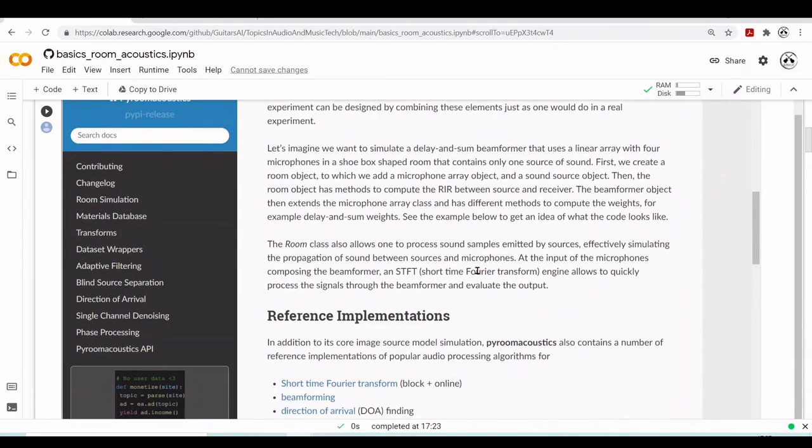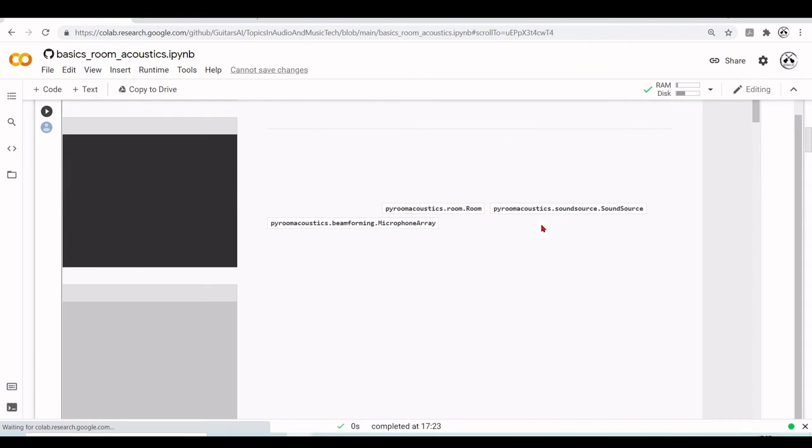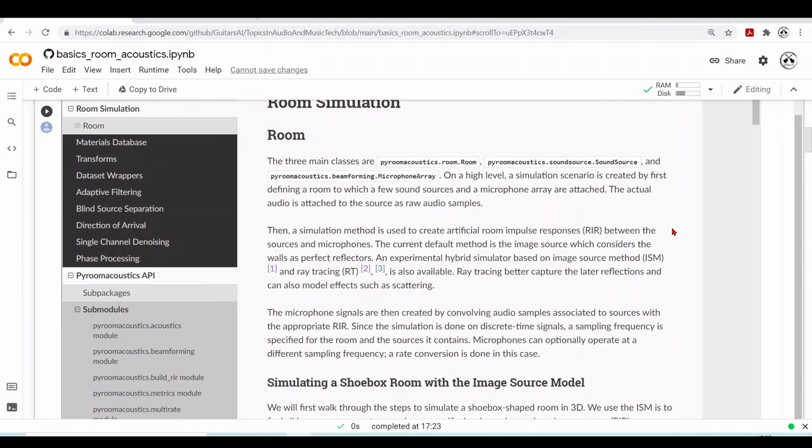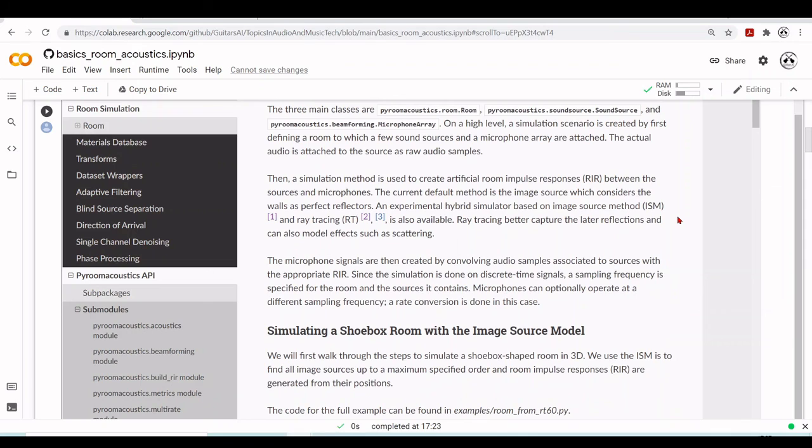So here, as we mentioned, we have room simulation, and on a high level, a simulation is created by defining a room, and then we can add sound sources and a microphone array. We can also attach some raw audio samples to the source, and then we can play it back and listen to the audio as if we were in this room. So the simulation method is used to create this artificial room impulse response between sources and microphones,